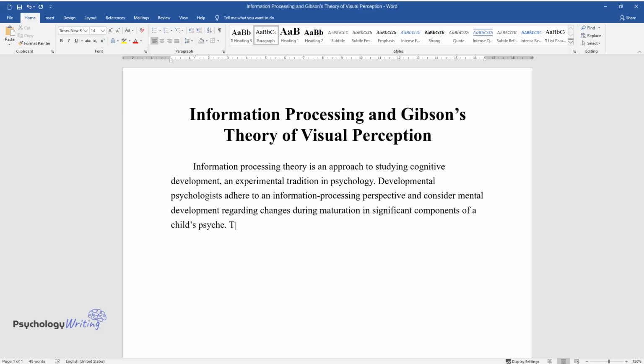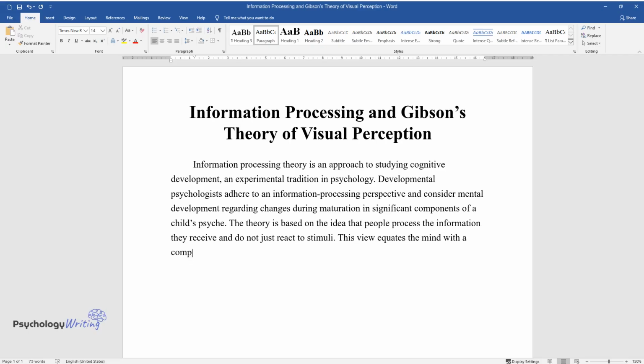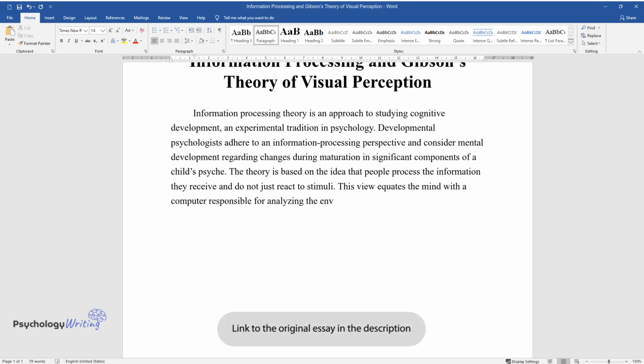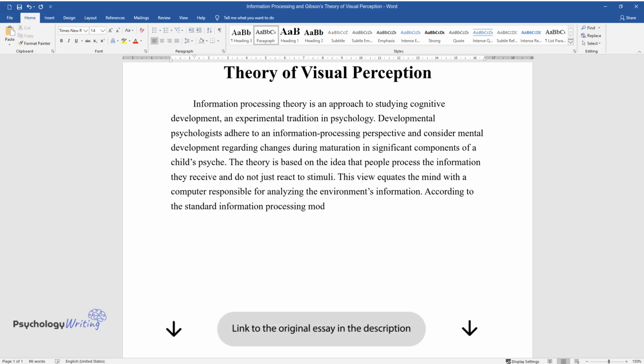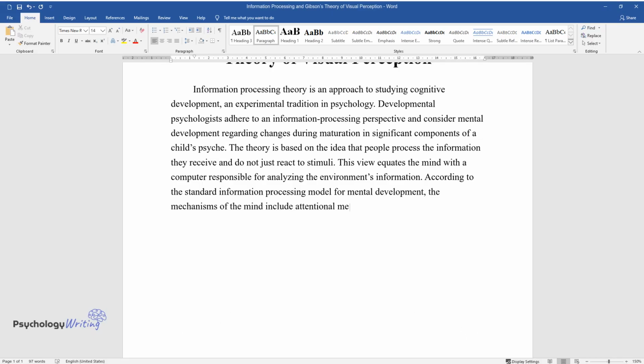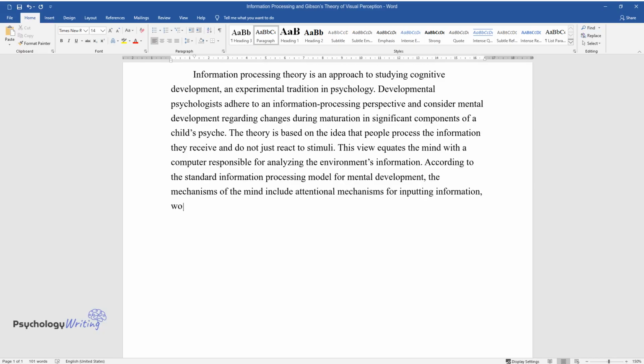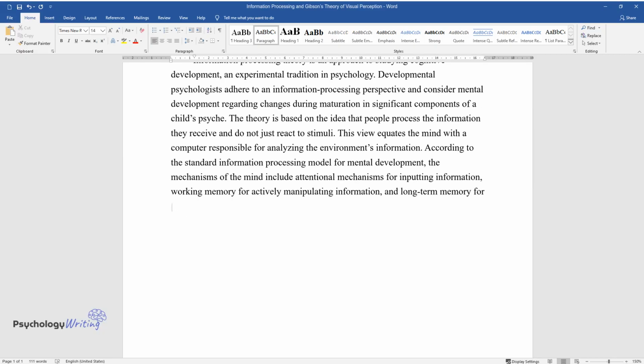a child's psyche. The theory is based on the idea that people process the information they receive and do not just react to stimuli. This view equates the mind with a computer responsible for analyzing the environment's information. According to the standard information processing model for mental development, the mechanisms of the mind include attentional mechanisms for inputting information, working memory for actively manipulating information, and long-term memory for passively retaining information so that it can be used